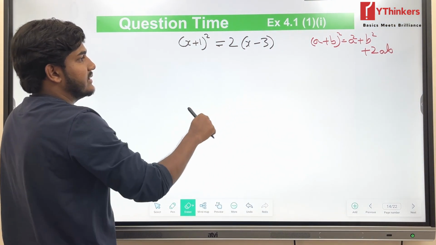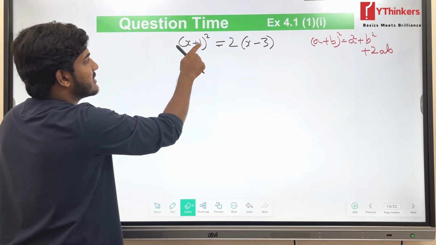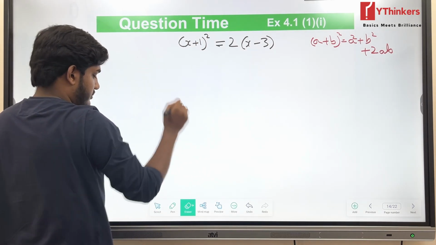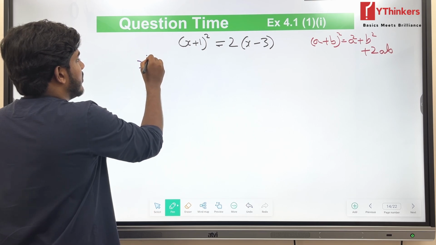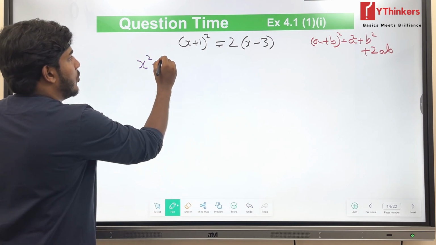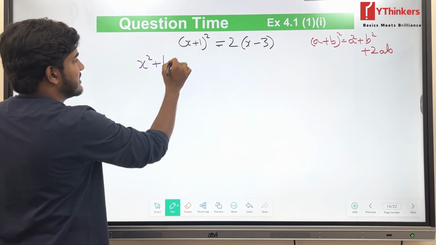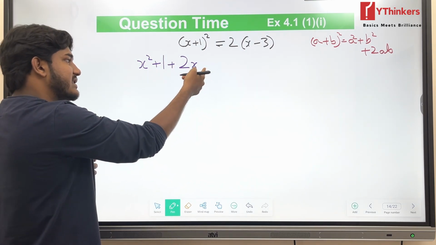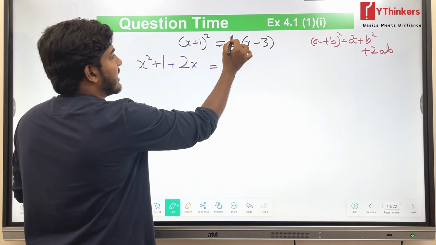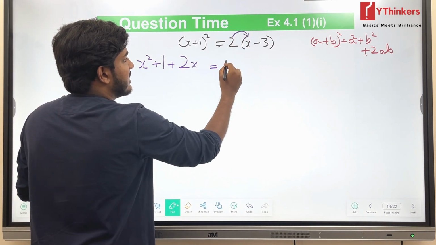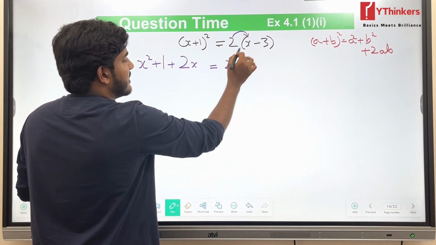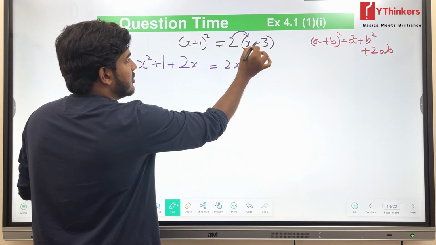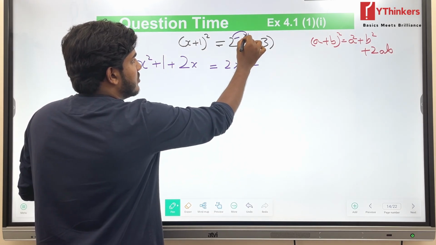Okay, so if I open the bracket of (x plus 1) the whole square, I'll get x square plus 1, meaning a square plus b square plus 2ab, which is 2x into 1, nothing but 2x. Plus into plus is plus, plus into minus is minus, so 2 times 3 is